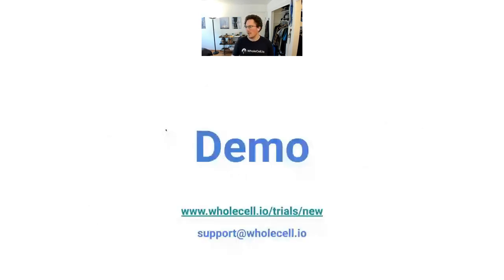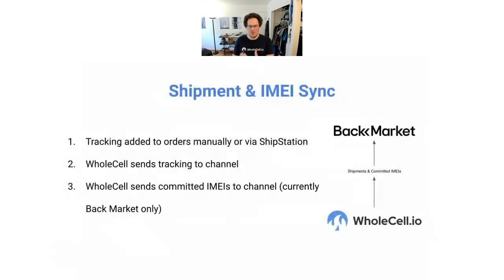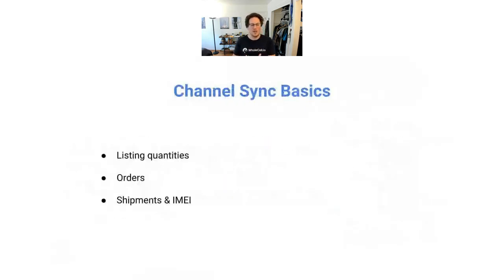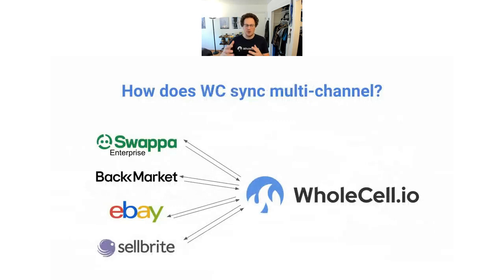With these e-commerce channels, the next piece I'm going to do is show you a demo of what this looks like inside of Wholesale, in terms of how you connect a listing from an e-commerce channel to your products in Wholesale. But I kind of want to talk a little bit about how these steps, if you can imagine, you set them up between all of your different channels. And once you have them configured, so you have your listings imported for Swappa, Back Market, eBay, and potentially Sellbrite connecting to many other channels,